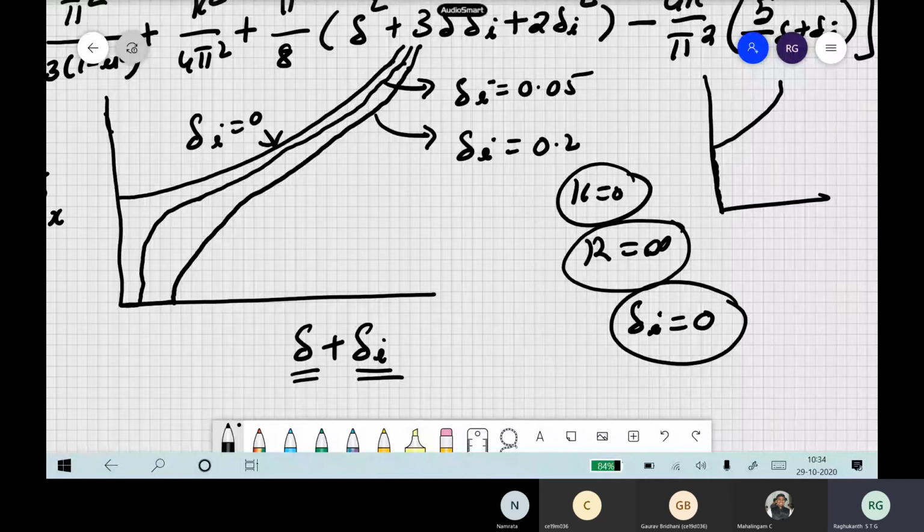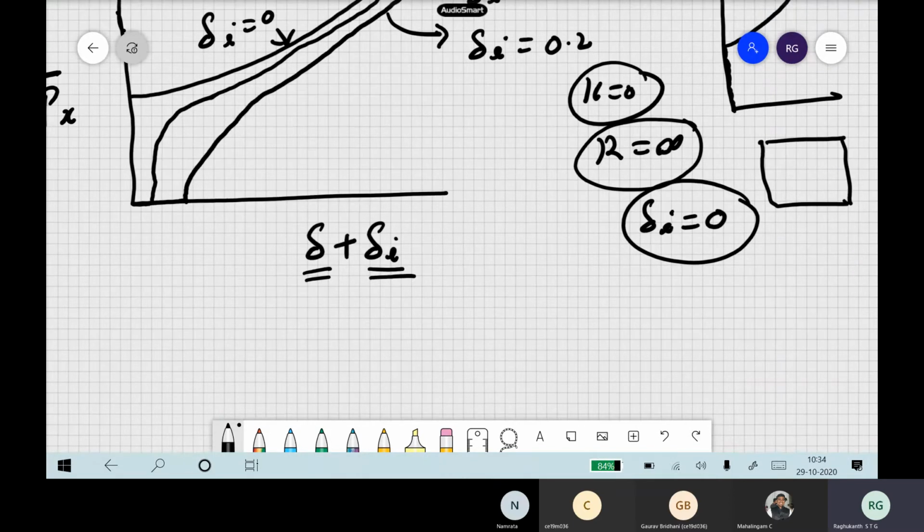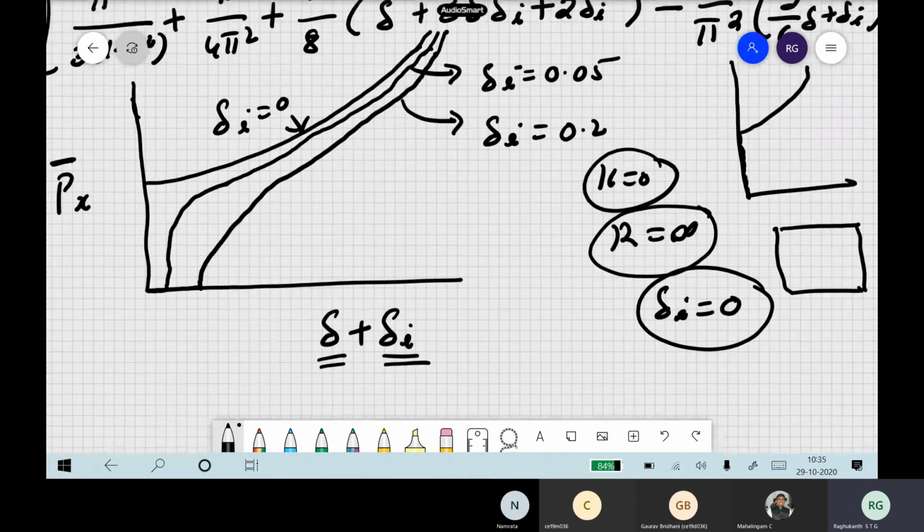The plate has some small imperfections. Suppose I am having a plate that already has some imperfection. Is the post buckling load going to change? If the plate is already curved, which means some small imperfection is there in my plate, and I still do this buckling, what is happening after buckling? Is its post buckling strength increased or decreased? So there is a slight decrease only.